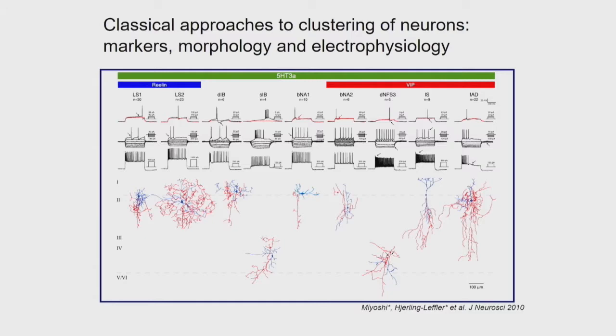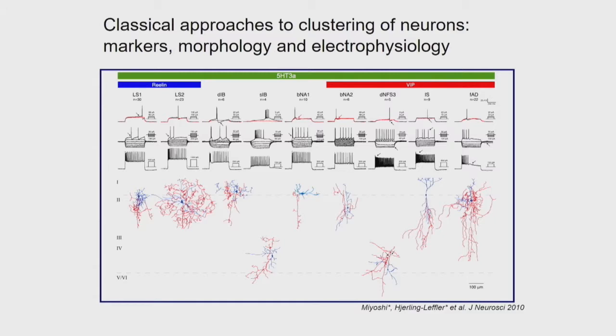So it was clear to me when we started this, some 8 or 9 years ago, that collecting this kind of data is very slow and painstaking. You get maybe 5 cells a day if you're lucky, and it was clear that the molecular code that we had was not enough to capture the variability.